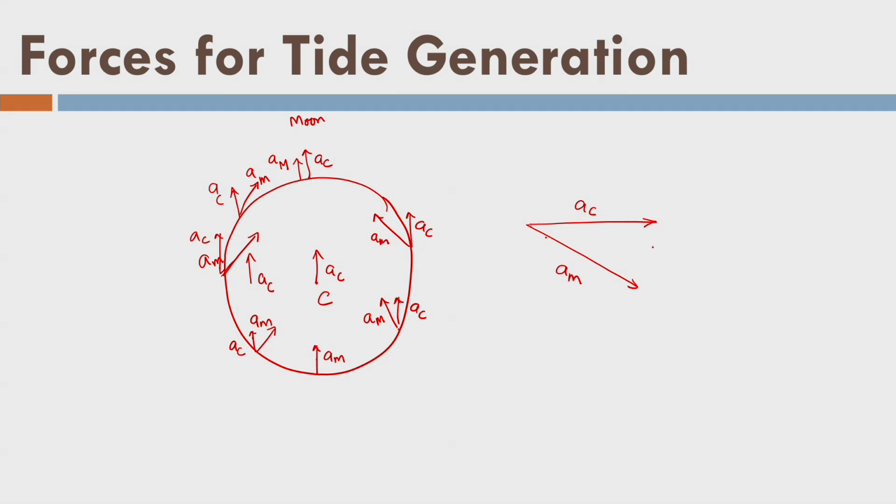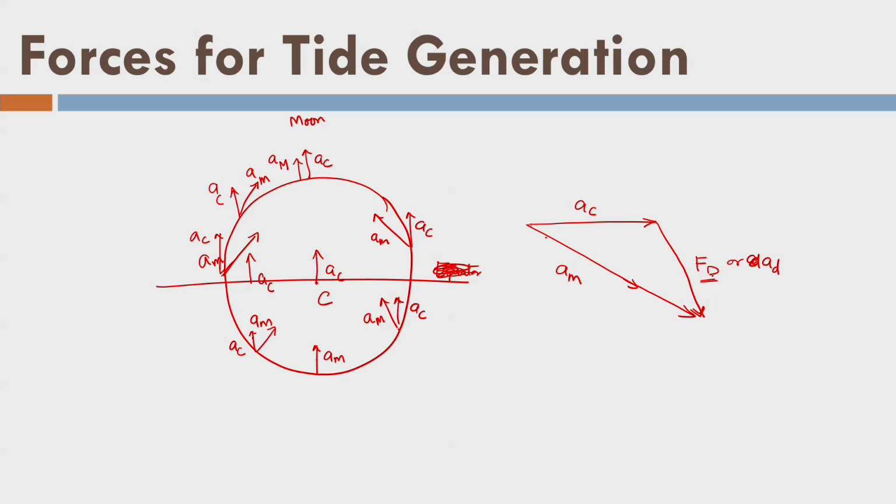So, the resultant force, since it is higher force, if I just consider the top half, let us say it is my equator, and the moon is like this, for example. So this is my resulting force called FD, or AD. The acceleration is AD here, fine. Now, you can understand that this force is the vector sum of two forces working here, or two differential forces, right. So, this force is causing the tide.